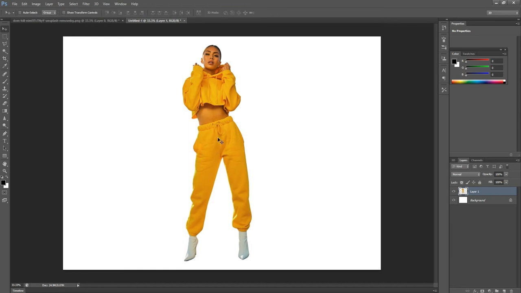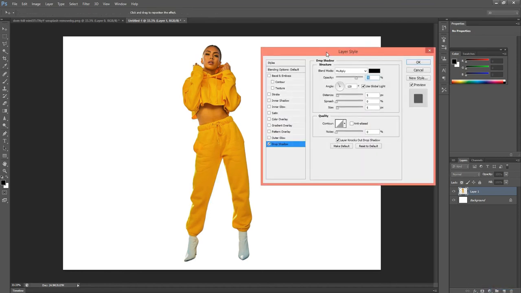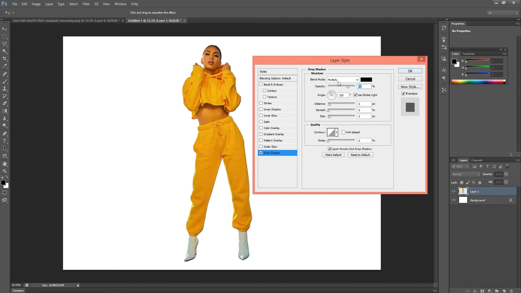Now we are going to start the drop shadow. Go to the Layers panel. There is an option FX. Click on the FX. There are so many options there, like Blending Options, Stroke and so many others. At the end there is an option called Drop Shadow. The Layer Style dialog is open, and in this layer style, this is the drop shadow. We can create a drop shadow from here.